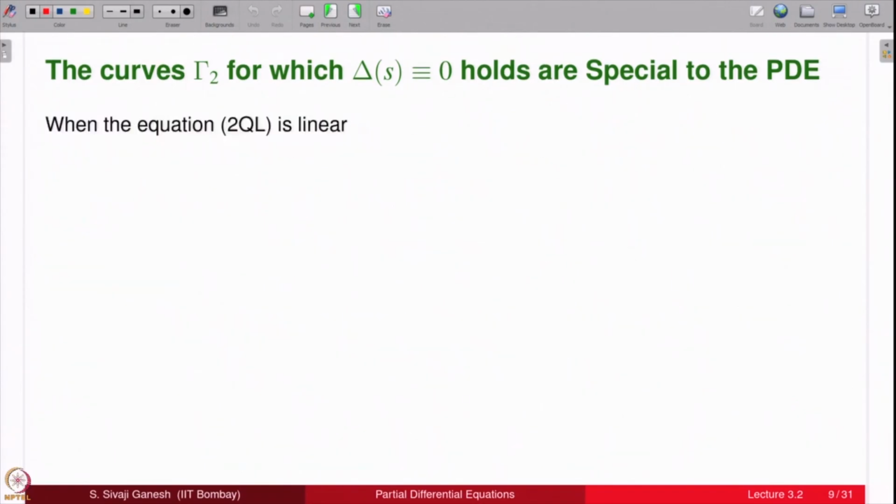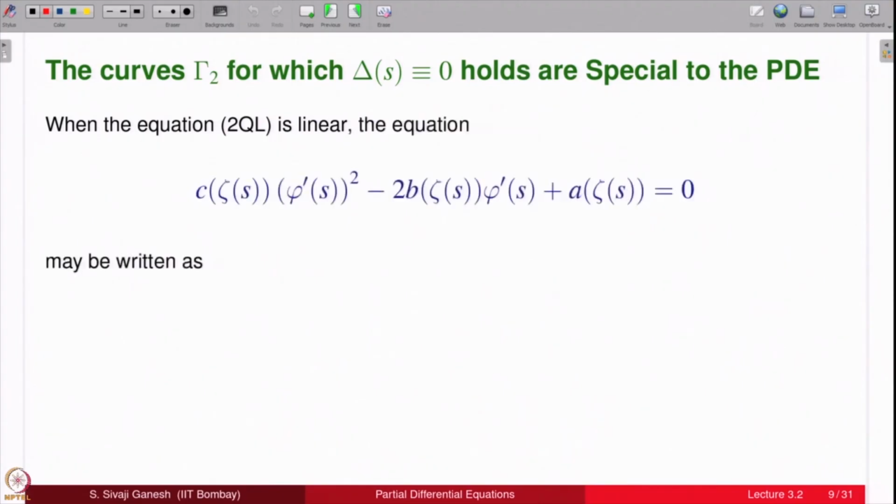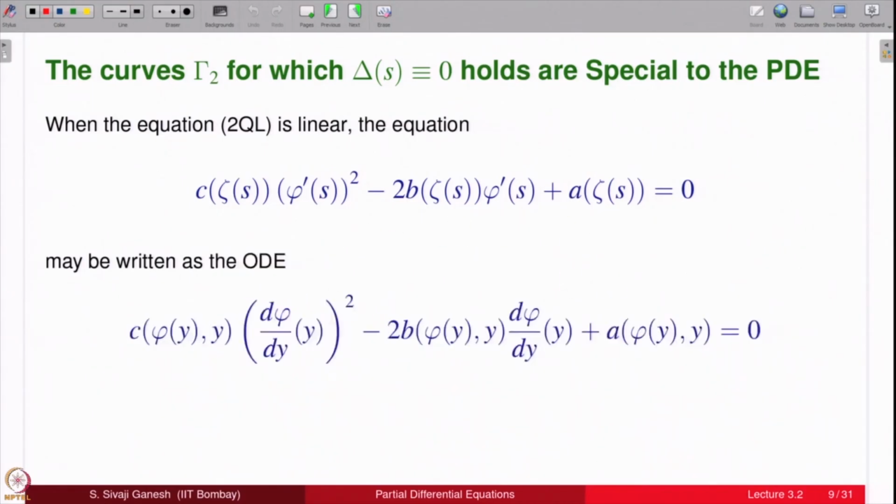Problem in the sense that our scheme to compute the second order derivatives onwards fails because delta s is 0 there. So, as we saw, these are special to the PDE because the definition of course involves the equation. For the linear equation this gets simplified to x equal to phi y. So, this is a differential equation, nonlinear, first order, degree 2, nonlinear,